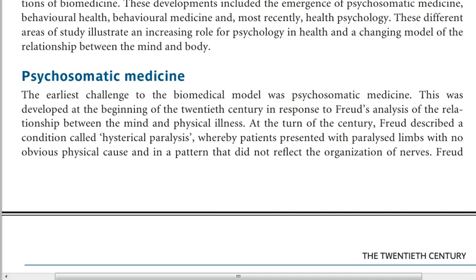At the turn of the century, Freud described a condition called hysterical paralysis, whereby patients presented with paralyzed limbs with no obvious physical cause and in a pattern that did not reflect the